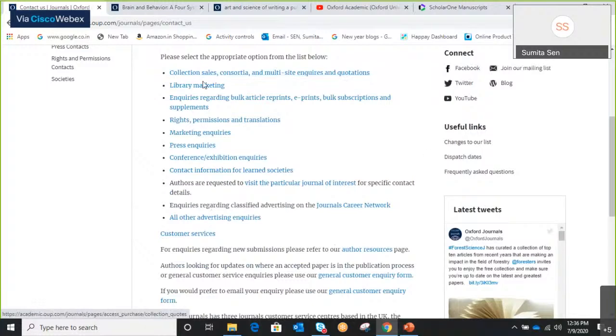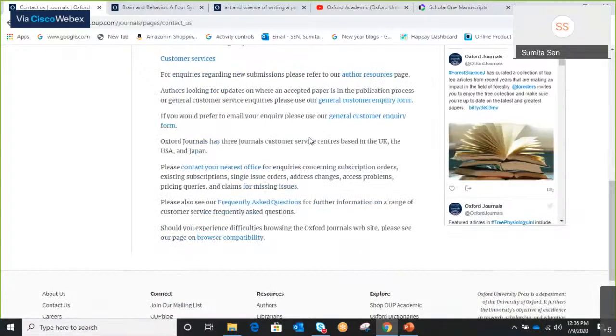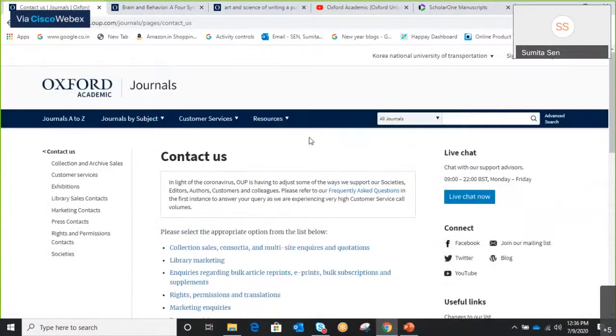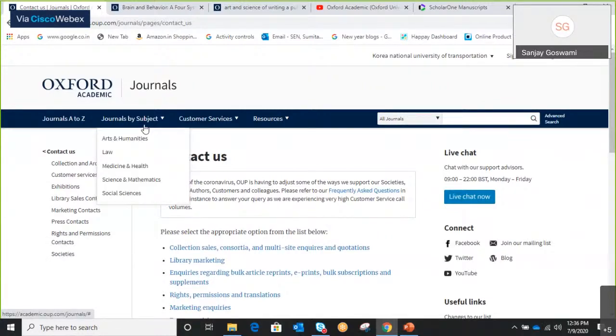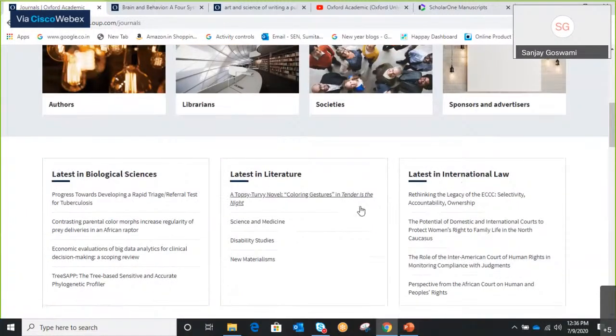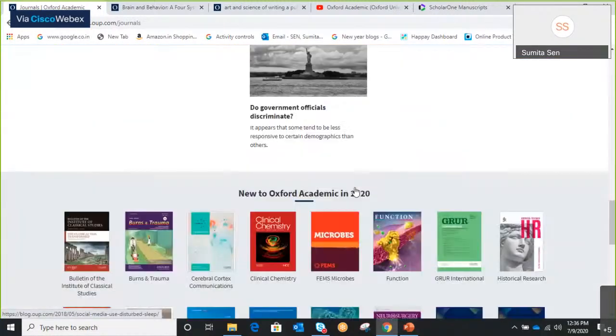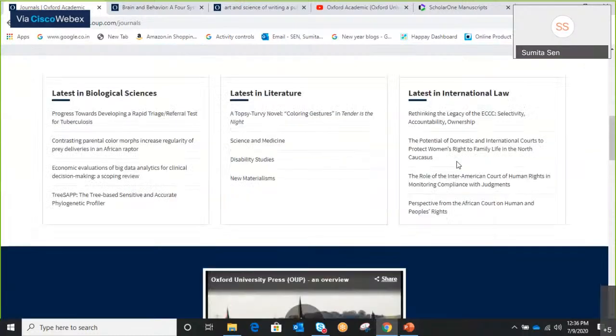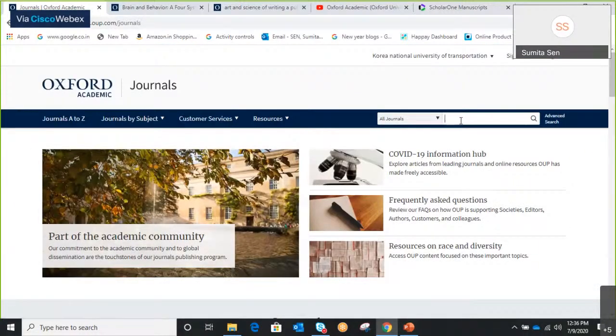You will get information here. Or is there a search bar where they can just type open access and get some information from the portal? It used to be here. On the top search bar? No, I don't think you get it here, but you would definitely get it. There was a tab here for open access.